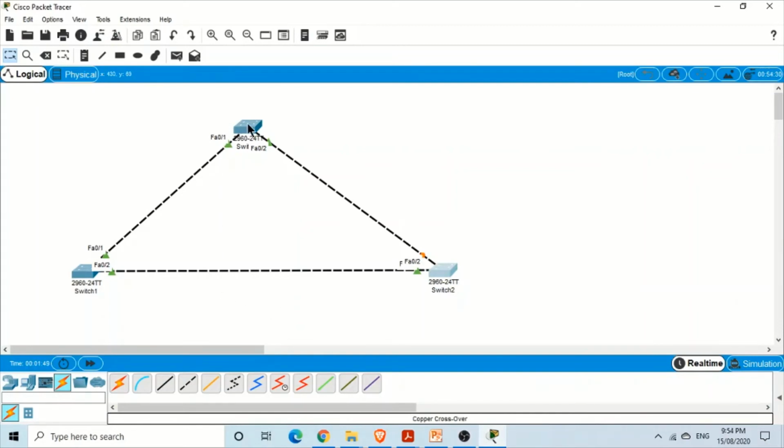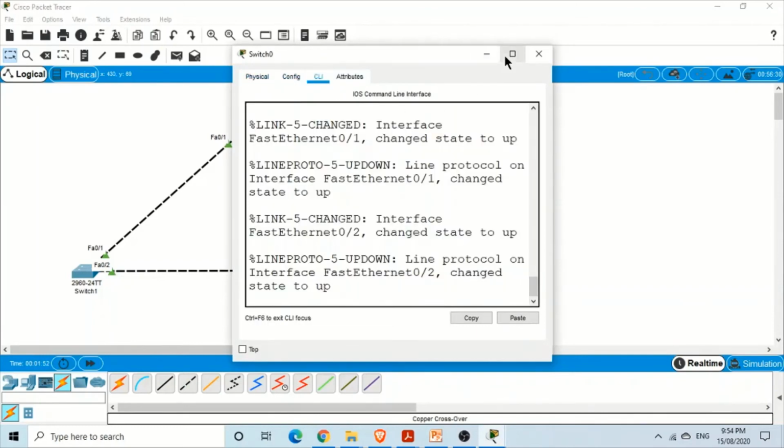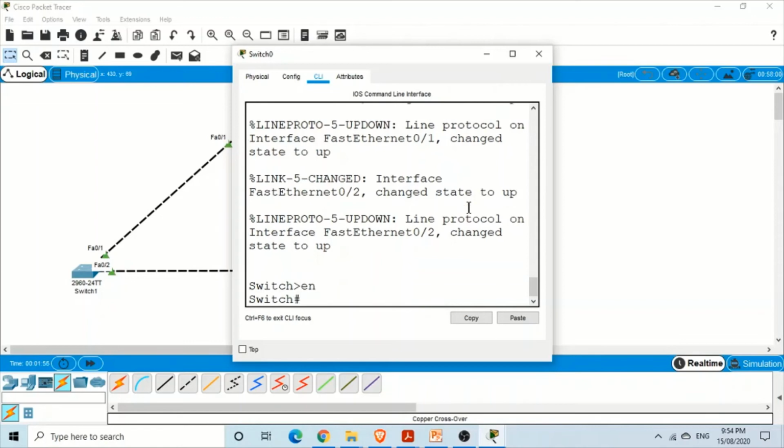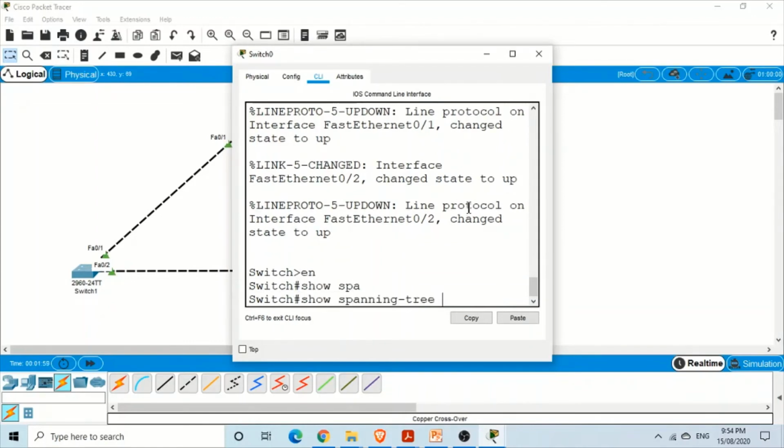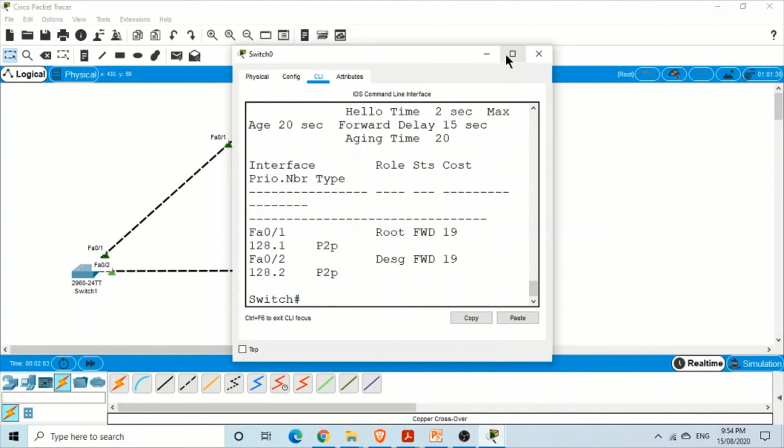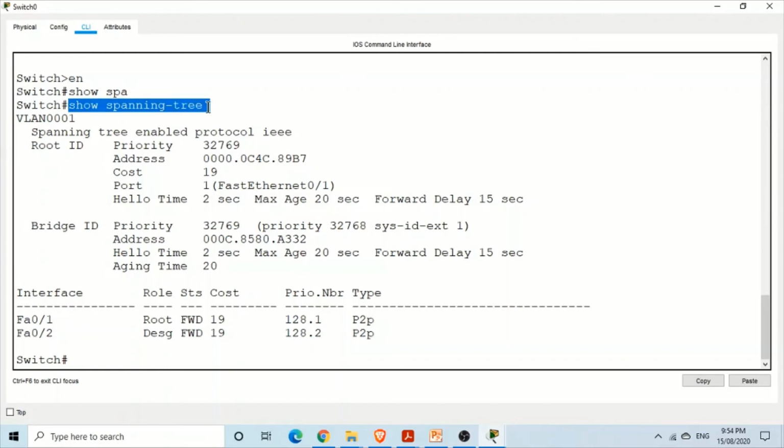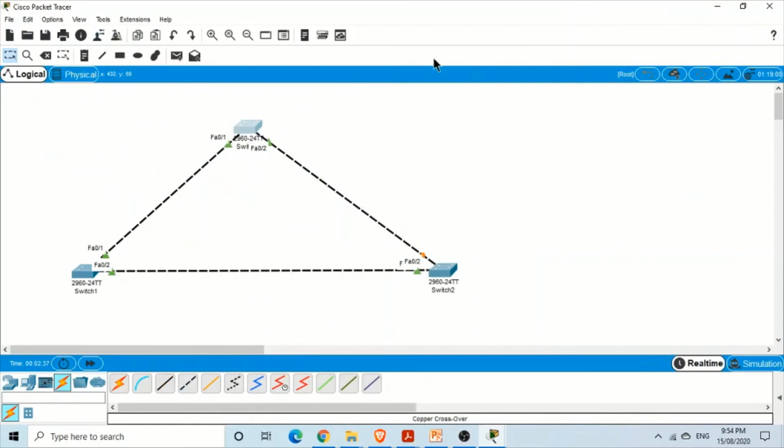So now, for example, if we go to this switch and we want to see what's going on, then we use a command that is show spanning tree, enter, and if we maximize it, you can see this command show spanning tree gives us information about the spanning tree protocol. So this is virtual LAN, VLAN 1. And this shows that this is the root ID. It means this is the information about the root switch. That root switch has a priority of this, and that root switch has a MAC address which is given by this. And to reach that root switch from the switch we selected,